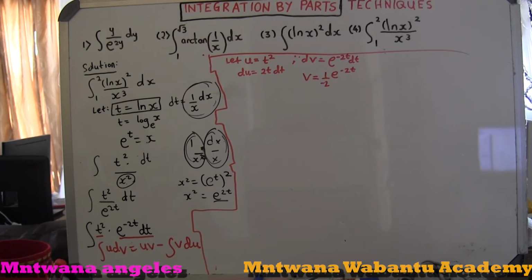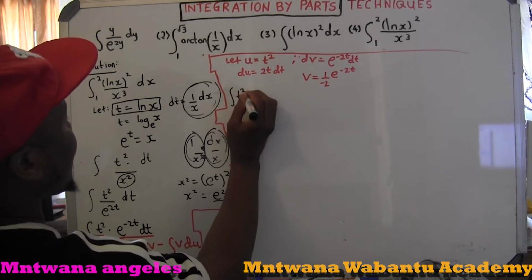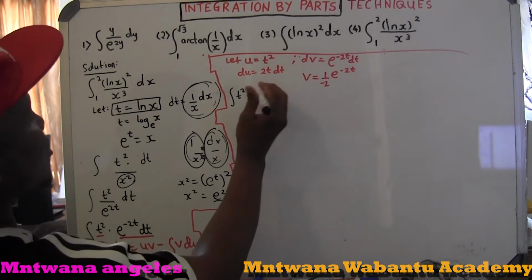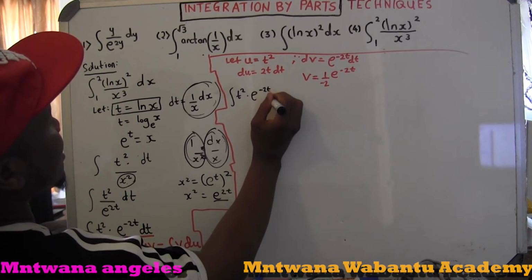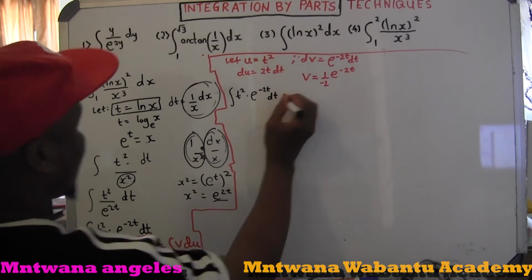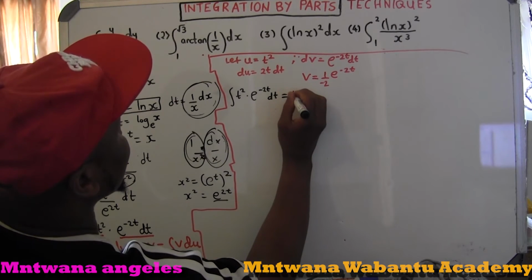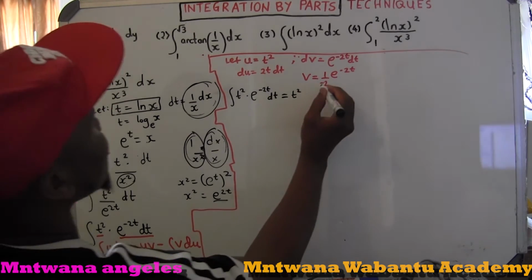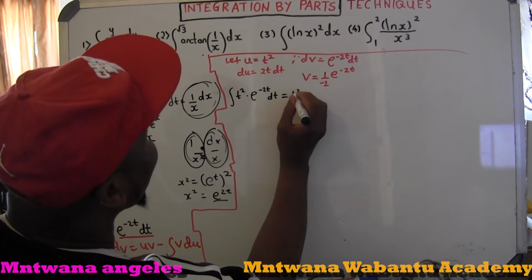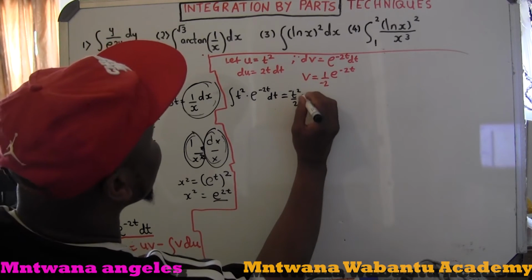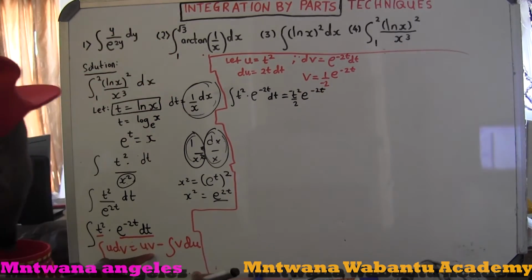So what you're going to do is substitute back into the equation. Integral of u dv: what is u? u equals t squared, times v. v equals this one here, negative a half e to the negative 2t. Okay, now minus